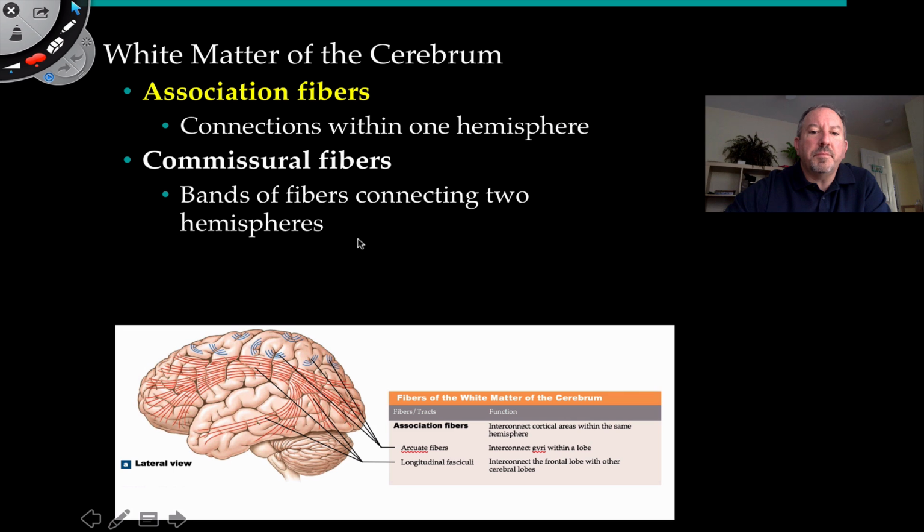And so I wanted to mention there's fibers that connect one hemisphere to the other. I mentioned that. Those are known as association fibers, and you can see them here. So these association fibers come in two kinds. So they're referred to as the commissural, in other words, bridge, commissural fibers. These are bands of fibers connecting the two hemispheres, commissural fibers, and those are not shown in that particular picture,